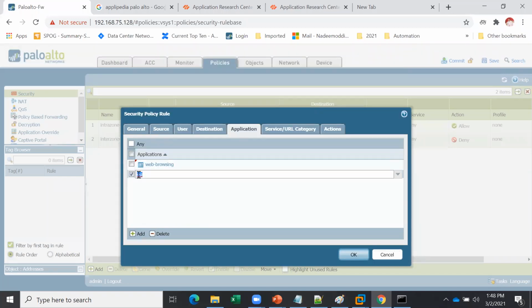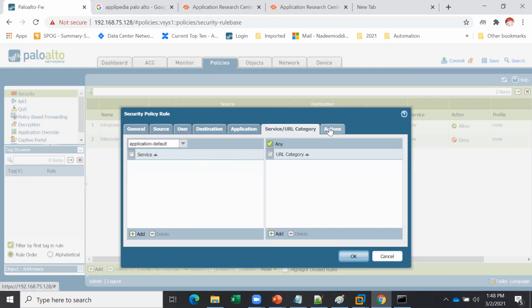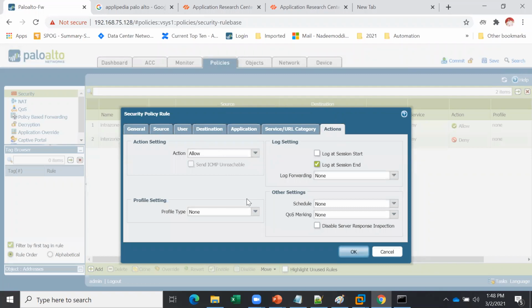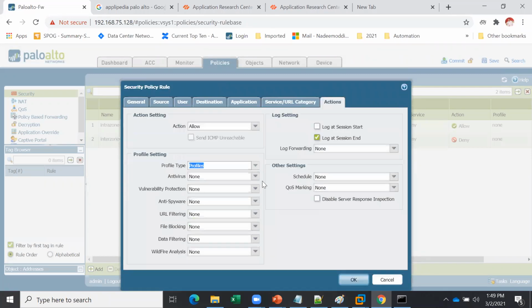SSL is nothing but HTTP or HTTPS. Service is fine. Now action: allow. But if I use profiles, I can give these profiles one by one: antivirus profile, vulnerability profile, anti-spyware profile, URL filtering profile, file blocking profile, and these things.